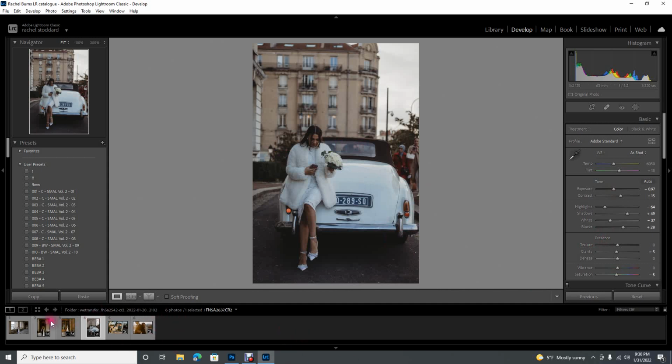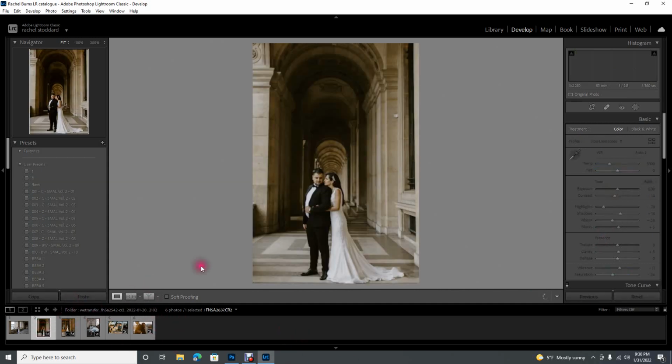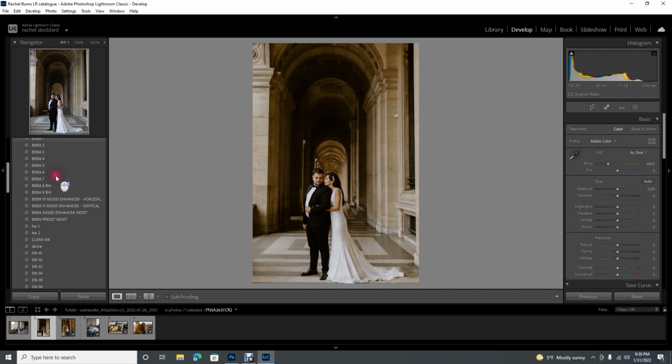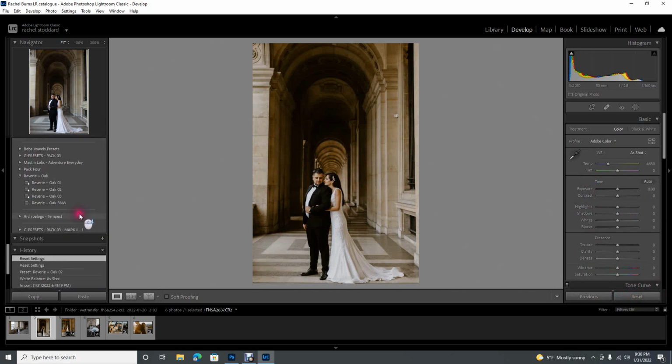So let's do another one and just play around a little bit with it. Okay, again, I already edited these because they're so beautiful, and I just wanted to play. Oh, that is such a beautiful photo that I literally thought that was already edited. Okay, let's put